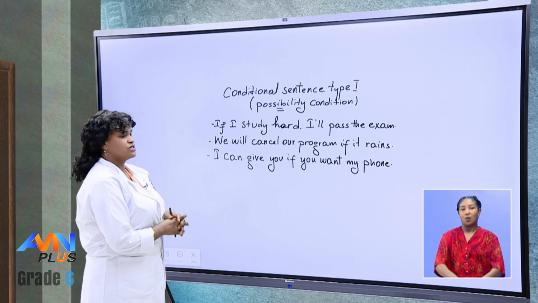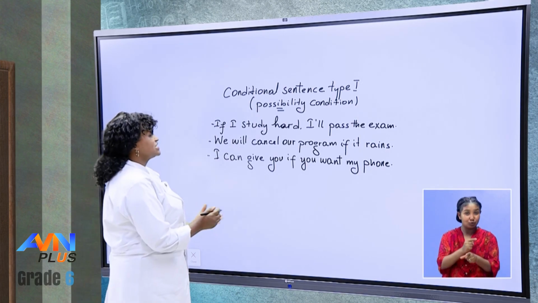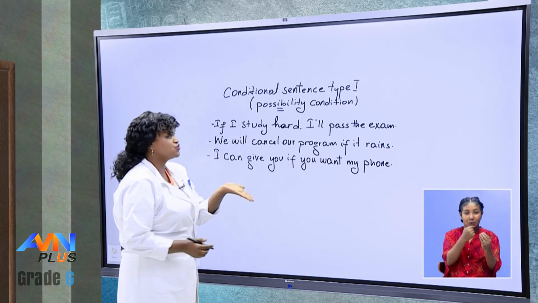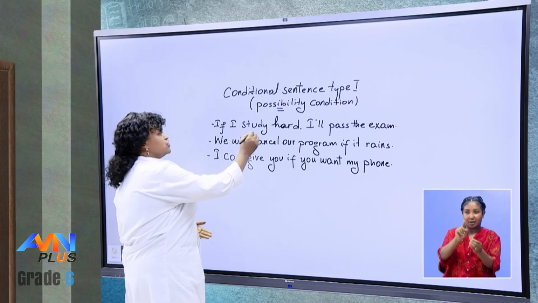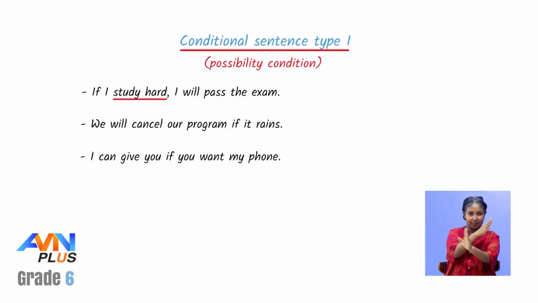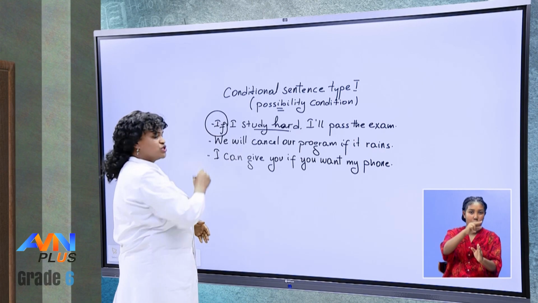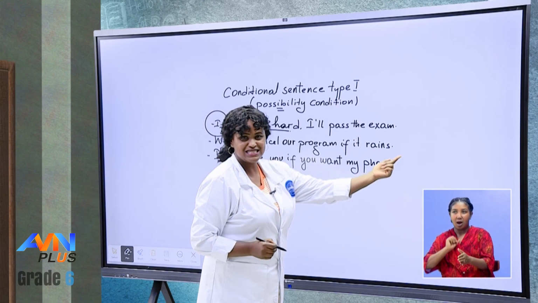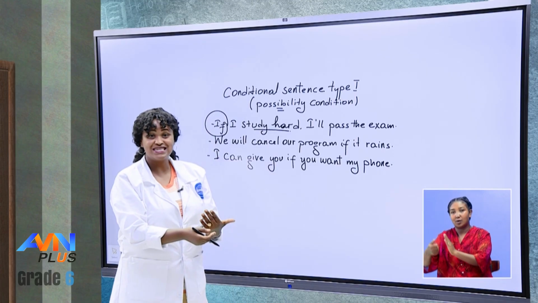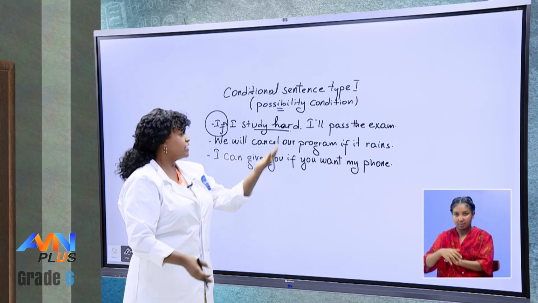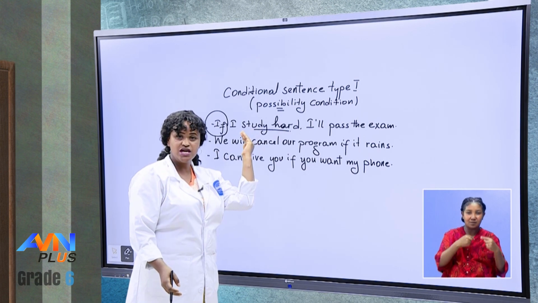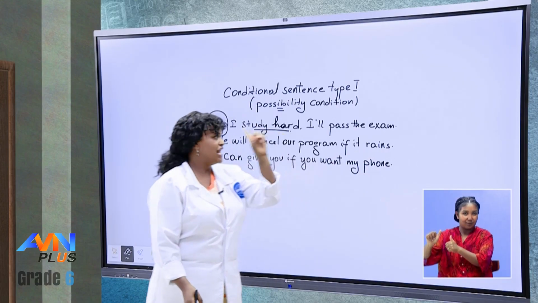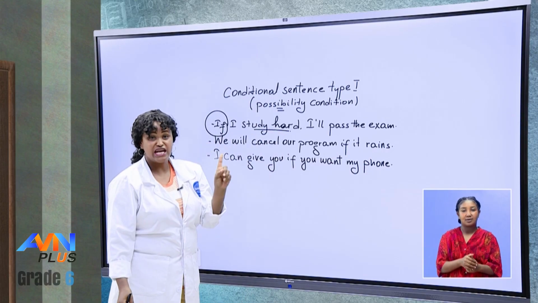All right, so I am sure you said that the first one is the condition, right? So when we say the first one is the condition, that means this one is the if clause, since we also have another clue which says what? If, right? And I will pass the exam is the consequence, which means the result. Yes? Here is the effort, the hard work, and passing the exam is also what? The result. Let us see about the tense.